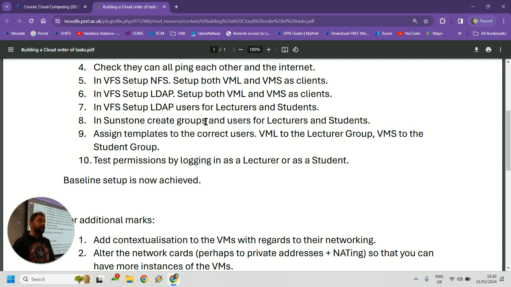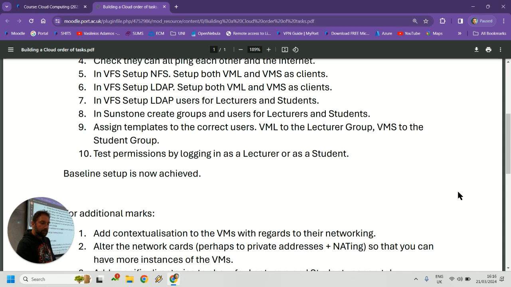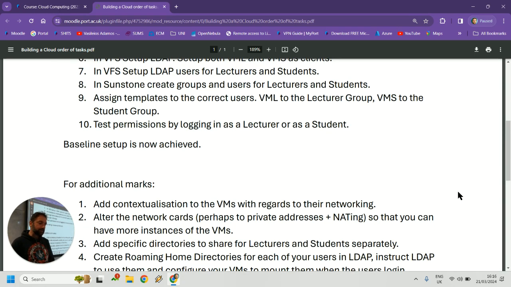Yes, you do need to configure the users twice. So you need to configure the users on the LDAP directory internally on the virtual machines so that they can log in from one virtual machine by using the authentication to the server, and you also need to configure the same user accounts onto the cloud itself in Sandstone so that you have the control with regards to who can log into which virtual machine. Okay. Now, once you do that, you assign all the templates to the correct users and so on,